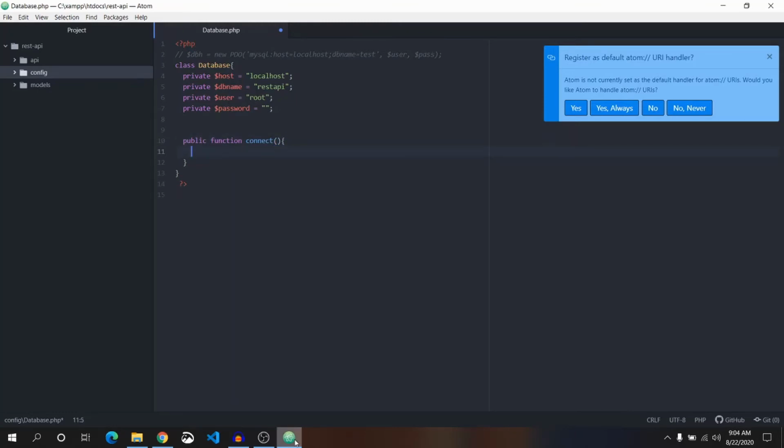At first let's create a variable, this dsn is equal to, copy this part and paste it here. We are going to concatenate it with these 2 variables. Okay, we don't need to write localhost this way. Let's make it dynamic. Dot, in between these 2 dots we are going to use our variable.